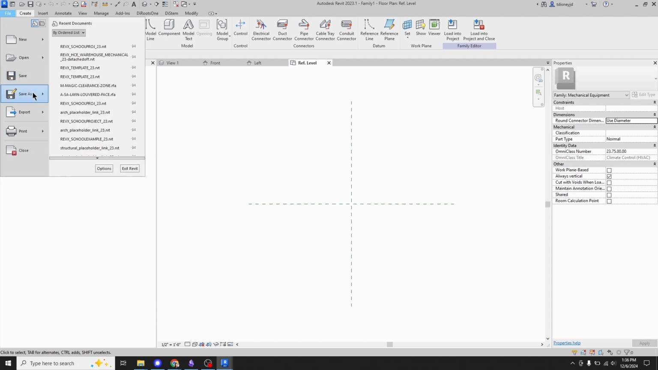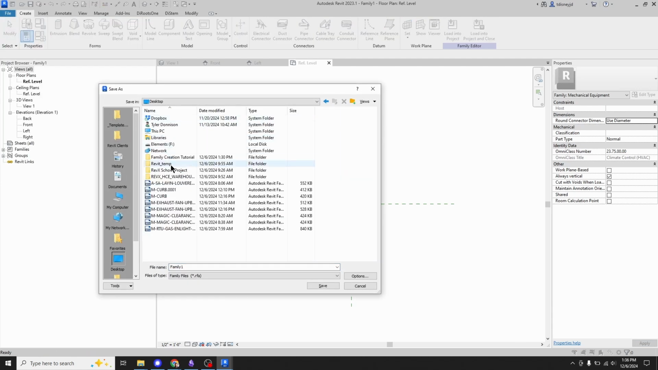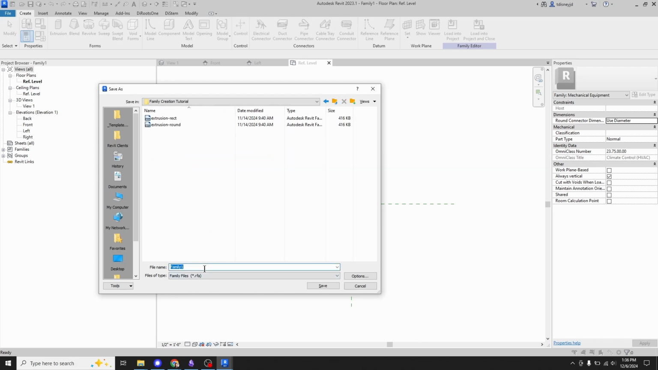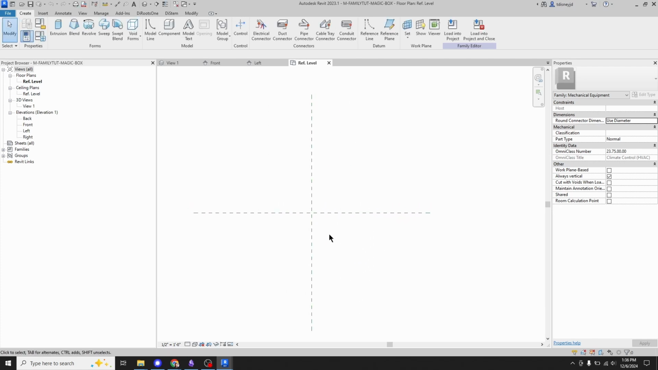First thing to do is to save. And so I'm going to save this to my desktop. I've got a tutorial thing here. We're going to call this M Family Tut Magic Box. So the first thing to understand is that when making geometry, you really start with reference planes, and